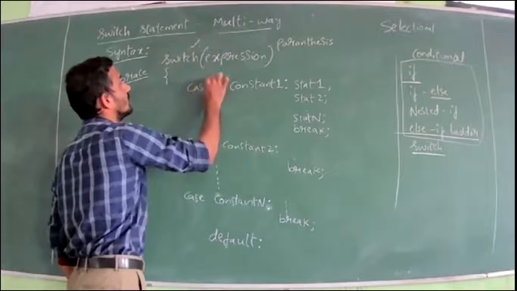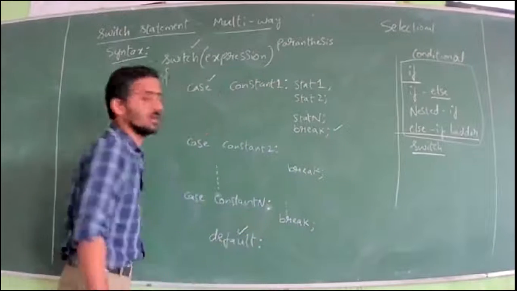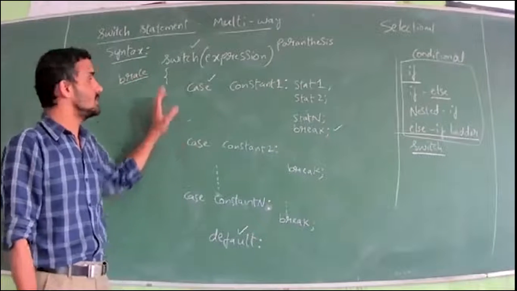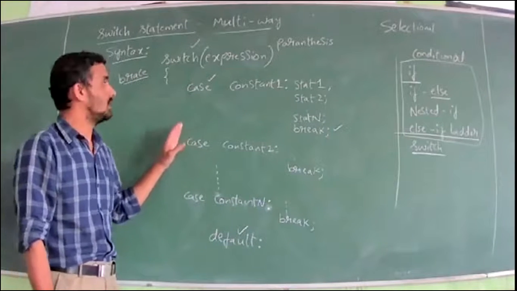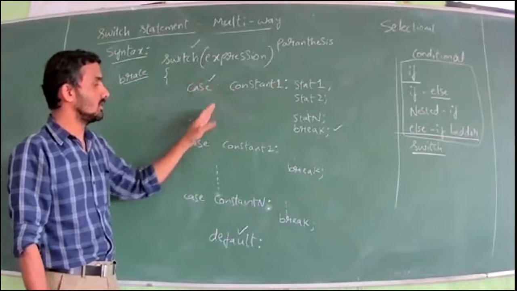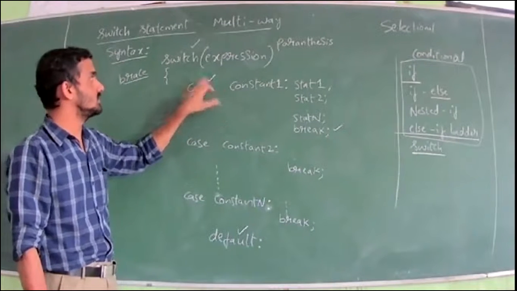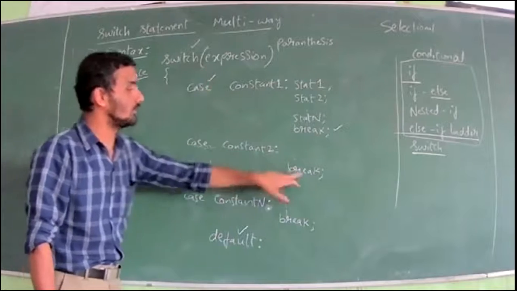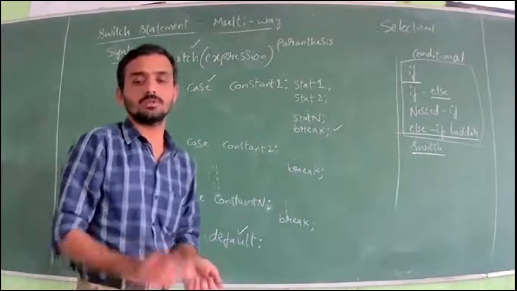Switch is a keyword, case is a keyword, break is a keyword, default is a keyword. Four keywords are there. Okay. Switch, case, break, and default. You write in lowercase letters only. And immediately after that, depending on the case, you have to put the blank space. For case, there is a colon symbol, and for break, there is a symbol called semicolon. Okay, you have to put the semicolon.